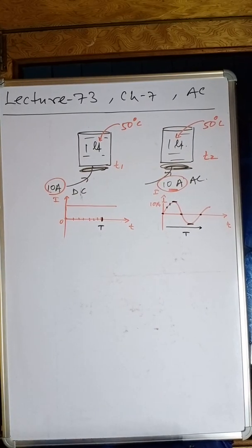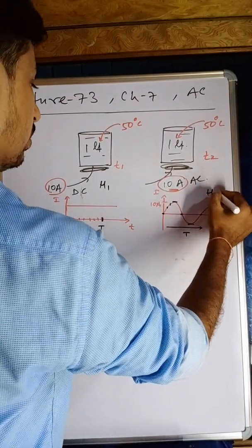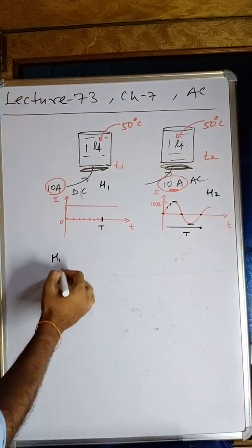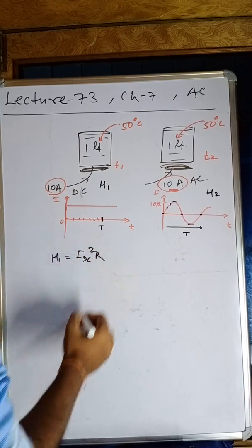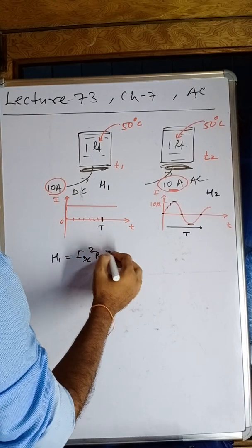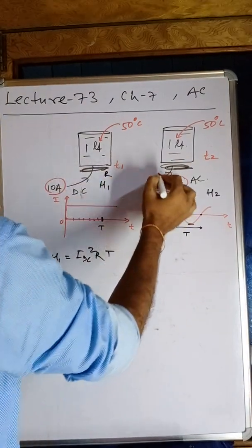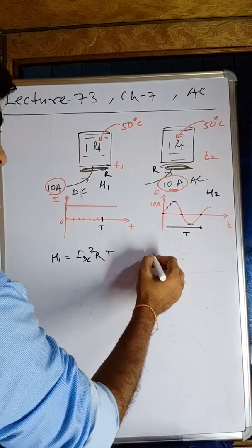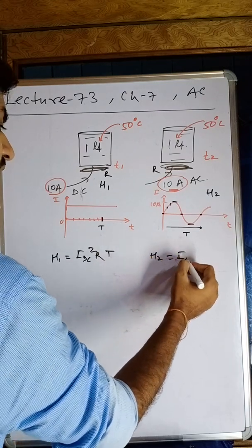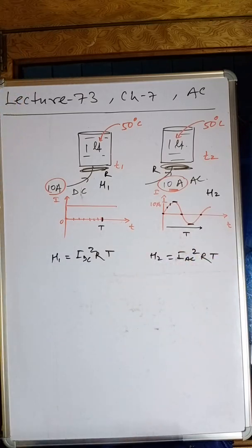And I ask for the same heat. Remember, the heat supplied, H1 and H2, should be the same. H1 can be written as I squared R t for DC, in time t, and the resistance of each coil is the same, there is no difference between the resistances. Here H2 is I AC squared R t. But these two